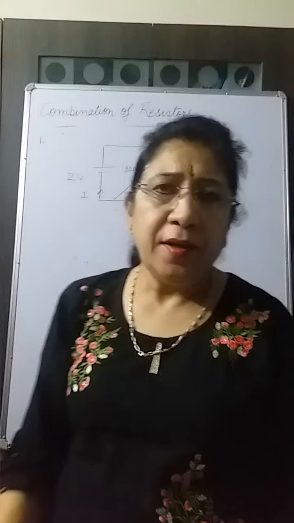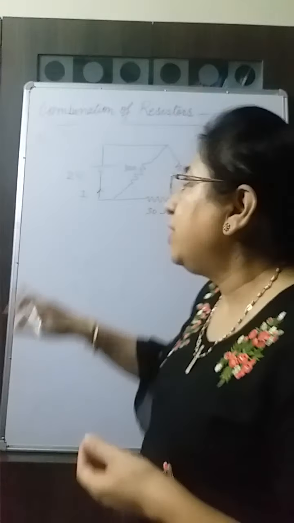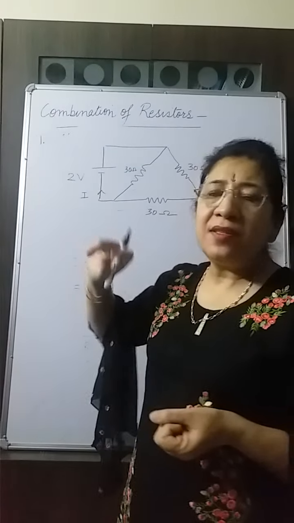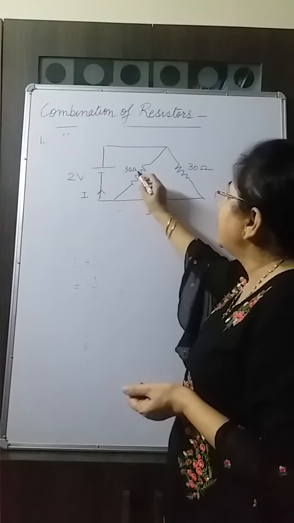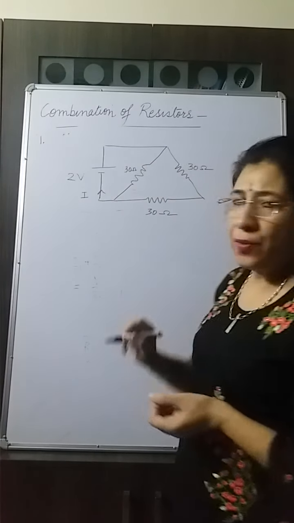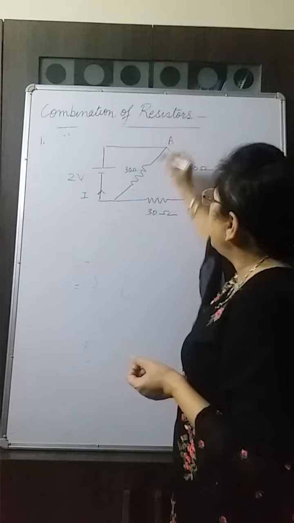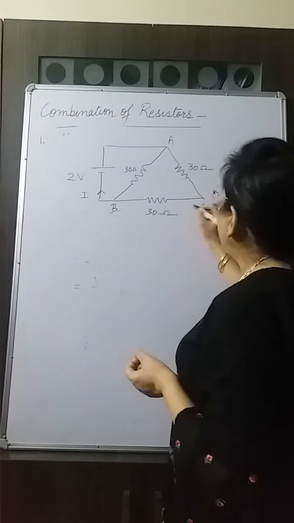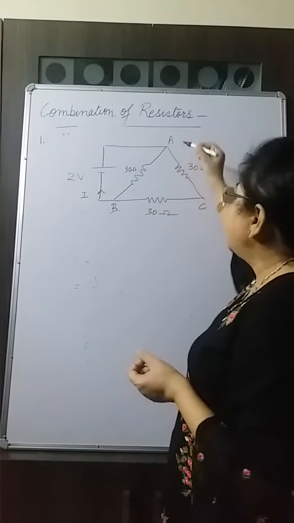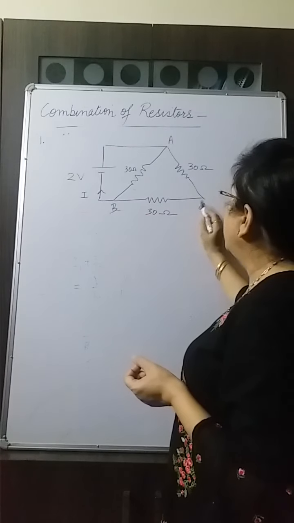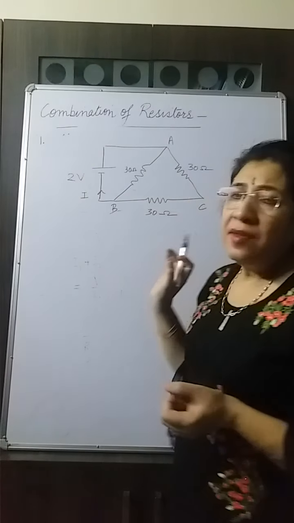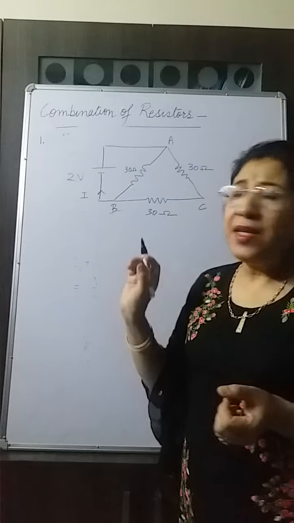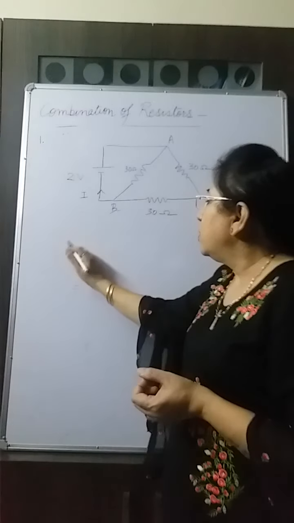In this circuit, we have to find the value of the current. If you observe the circuit carefully, there are three resistors here of 30 ohm each. Let us label them A, B, C. If you see it, the arms AC and BC are in series with each other. Since they are in series with each other, this circuit